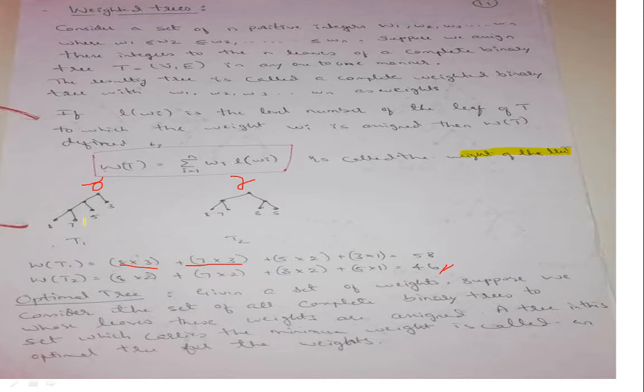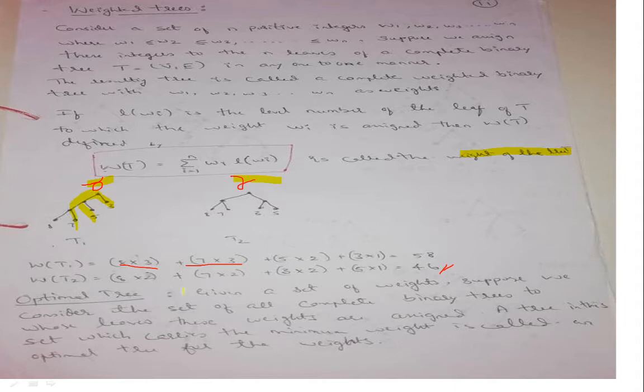Okay, so in this, this is going to be called the root and this is also a root. Now for this one, what is it? 8 is at the length of 3, so 8 into 3, then 7 is at the length of 3, so this is going to be added, then 5 into 2, then 3 into 2. This one has only one length, this is going to have 2, this is going to have 3.